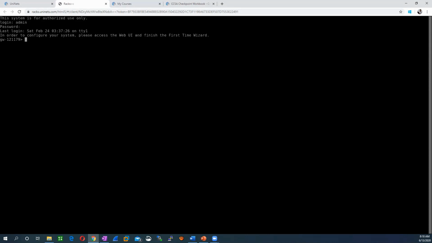Okay. Now, if you want to set the host name of this device, you can run the command set hostname and set whatever host name you want. Suppose you want to define the host name SM, so you can define SM. Then if you want to save the configuration, you can run the command save config.